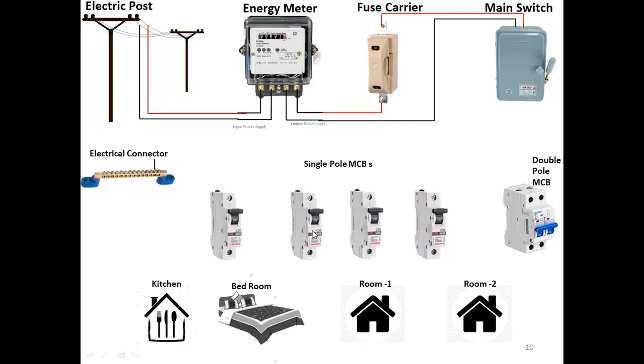It is not only 4; it depends on your home. If you have 6 rooms, then we can use 6 MCBs. Then for flexible operation, you can divide your entire circuit connections, for example lighting on a separate MCB. That is up to you, right? Depending on the requirement we can connect, but without MCB, no wirings, right? If you want to do such wiring, you must use MCB. Now let me explain the circuit connections.